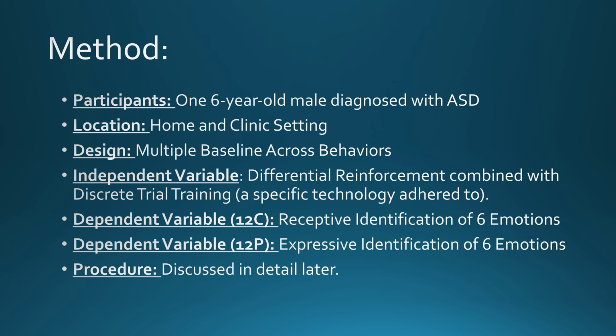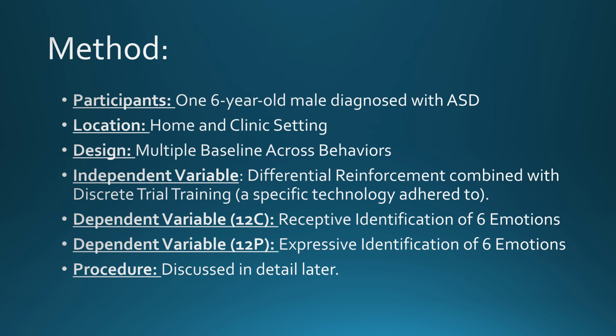The participant was one 6-year-old male diagnosed with autism spectrum disorder. We used a multiple baseline design because the target behavior is likely irreversible. It was easy to use, and the threat to internal validity was low. The independent variable was a specific technology adhered to using DTT and differential reinforcement. The dependent variable for 12C was the receptive identification of 6 emotions, matching what the learner heard to what he saw. And the dependent variable for 12P was the expressive identification of 6 emotions, matching what he saw to what